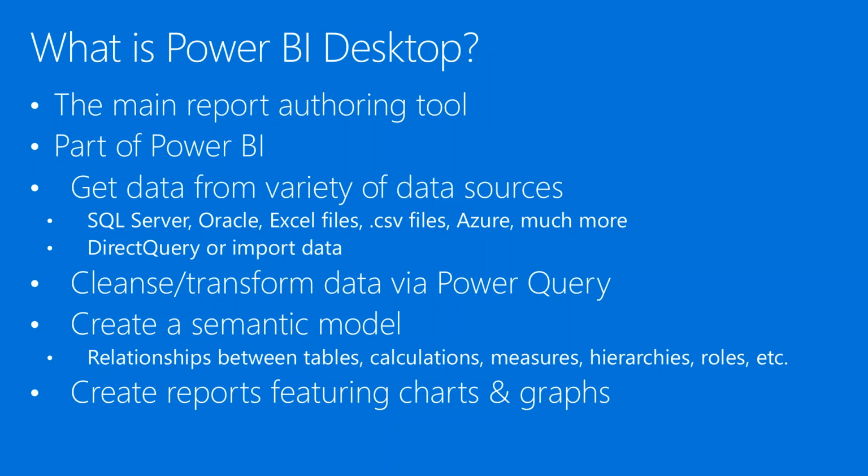So that's the tool that we can use to get data from the variety of data sources that we might have. And using Power BI Desktop, we can either import the data into our model or we can directly query it. And so if you're familiar with SQL Server Analysis Services, you can set up a direct query for a data source so that none of the data is stored in the model. Rather, whenever you query the model, the model sends the query down to the underlying data source. And so you're not actually storing any of the data in the model. It's always directly querying the underlying data source. And that's only supported for certain types of data sources like SQL Server, Oracle,